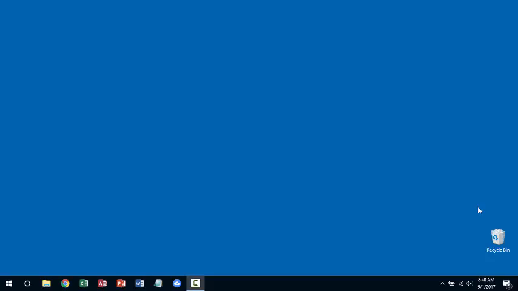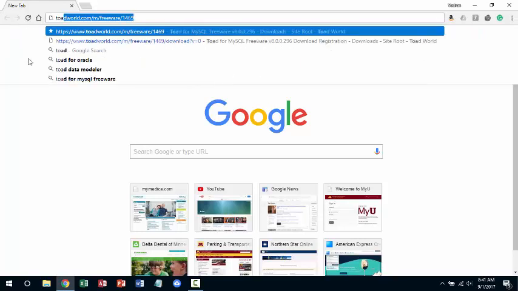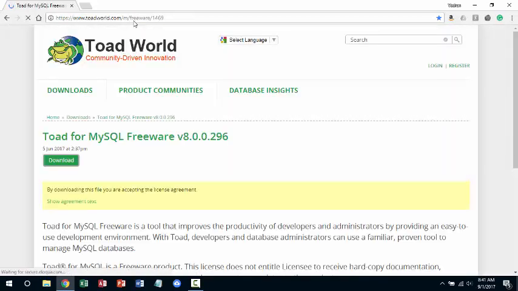So again, at this point, I assume that the MySQL Server Community Edition is installed. And if that is the case, you can proceed with the client installation next. So start your browser, either Chrome or whichever one you're using, and type toadworld.com/m/freeware/1469. This address is available on top of the third page in the Lect1 IntroDBMS PDF file with all the